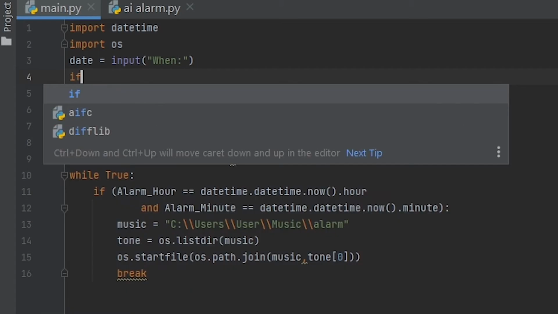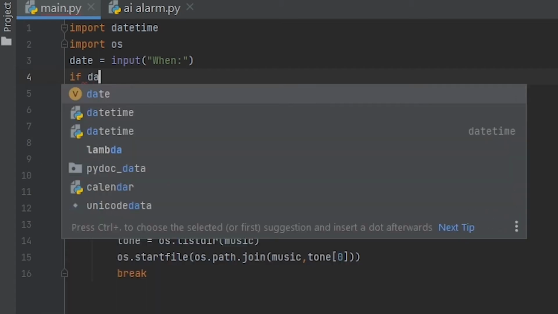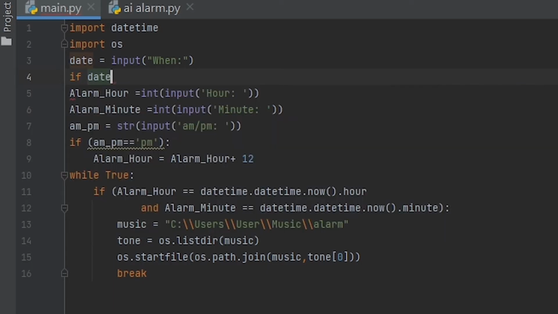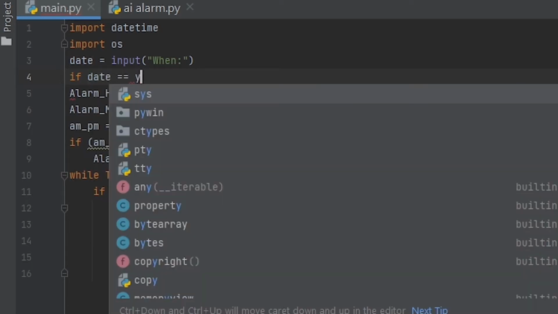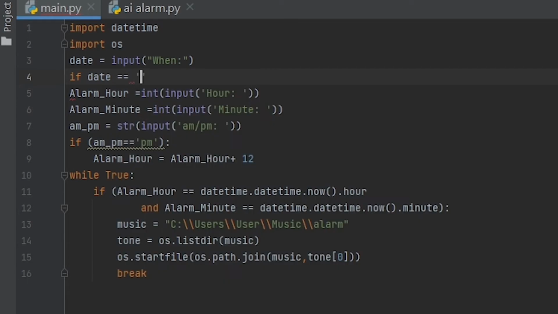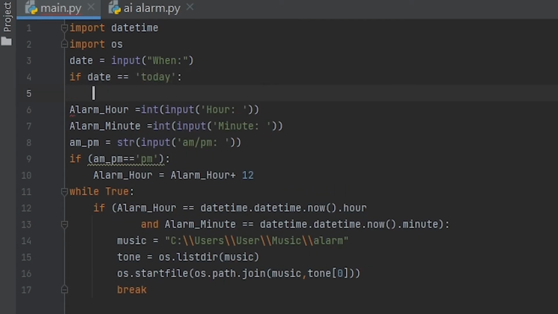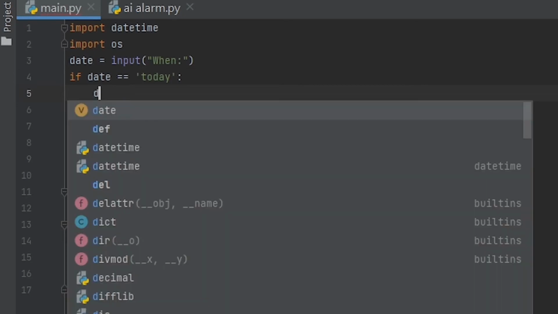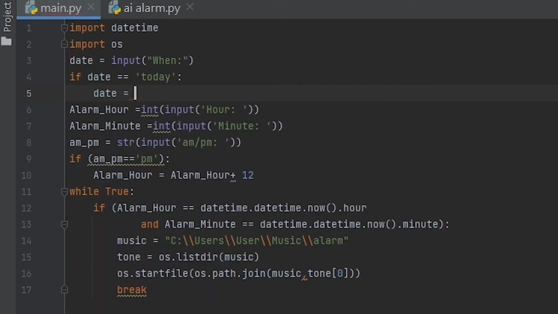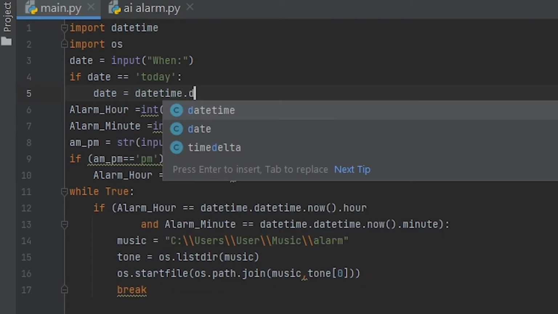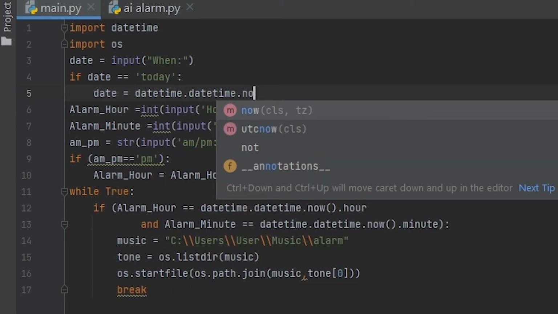So if the date variable gets input for today, then the date variable will be datetime.datetime.now